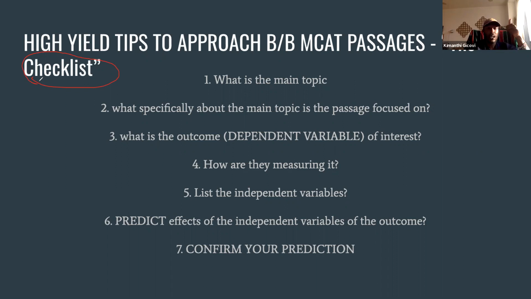So step number one, it's a checklist. It's really, really meant to help you stay organized. Step two, you're gonna be prepared when you do an MCAT passage because you're not reading the passage. You're kind of like attacking the passage, like a detective searching out for these 7 things, all right? Step 4, we are gonna talk about working memory, but I'll save that conversation for a little later, okay? So let's get into it.